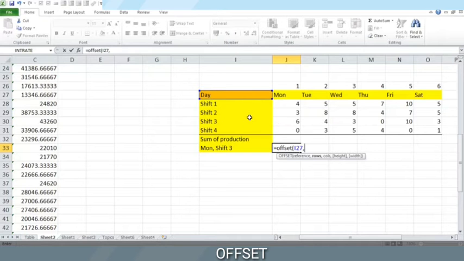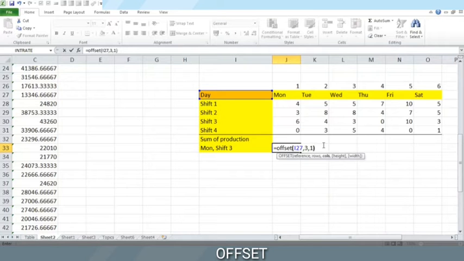So from the reference, we need to move 3 rows to get here. So we can count this as 0, 1, 2, and 3. So the rows we will move from the reference will be 3. And the columns, this is 0 again, and this is 1. So for Monday, we take column 1.